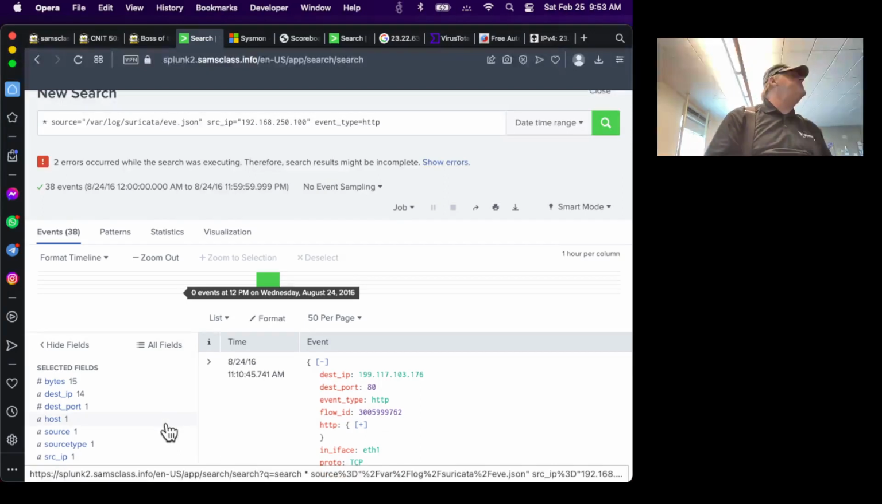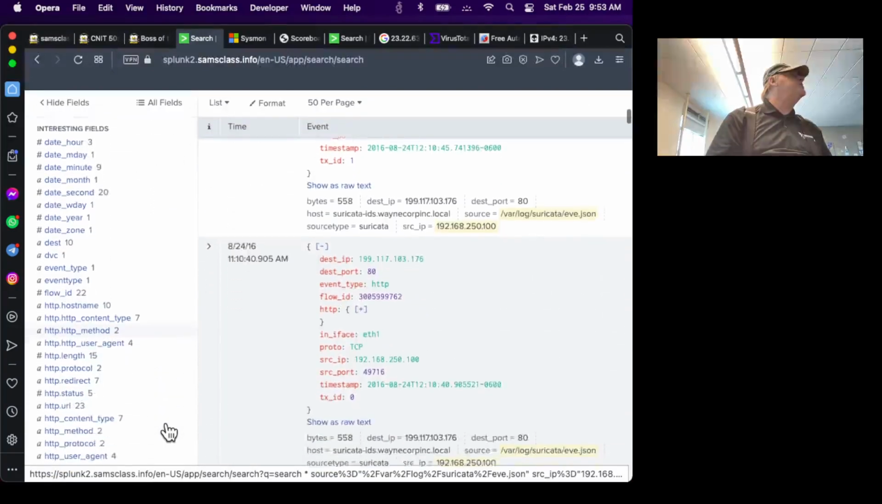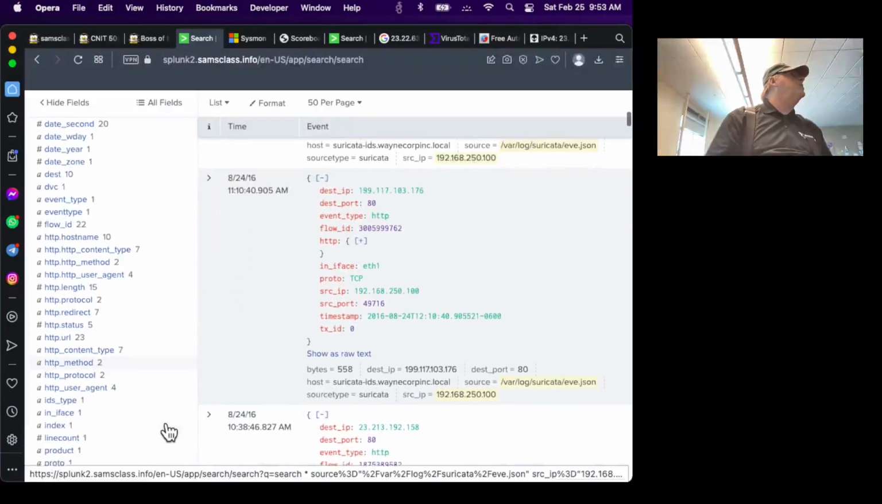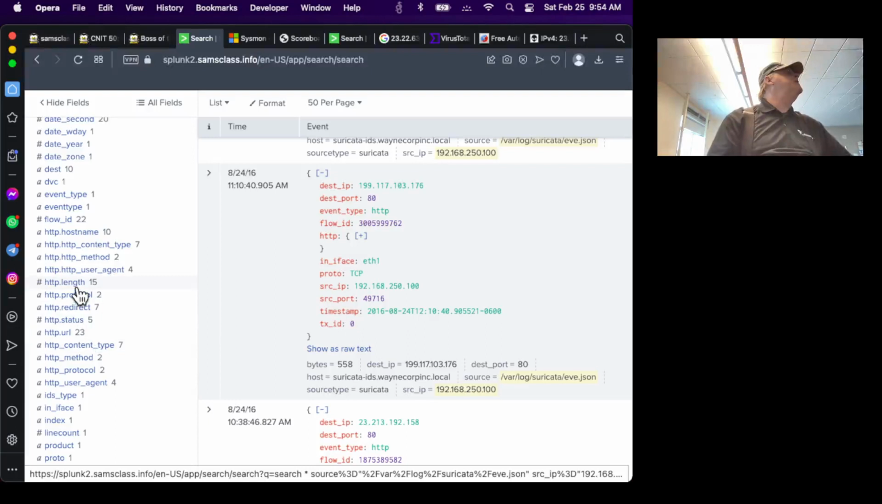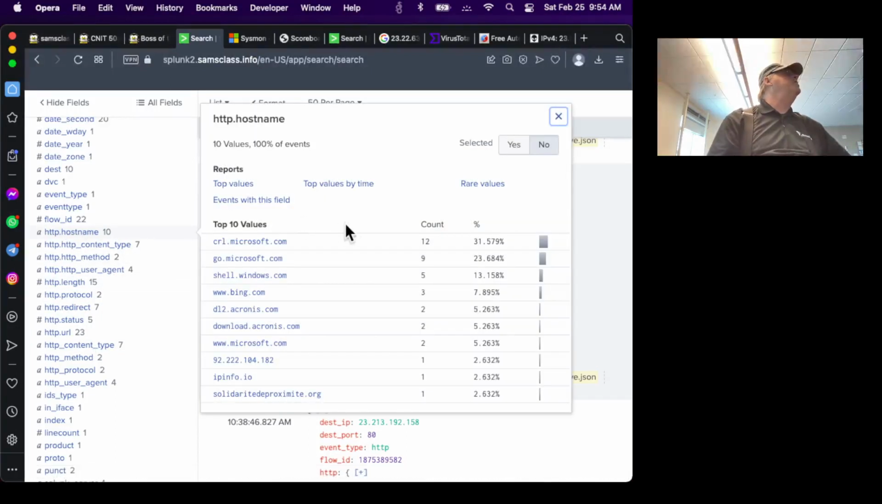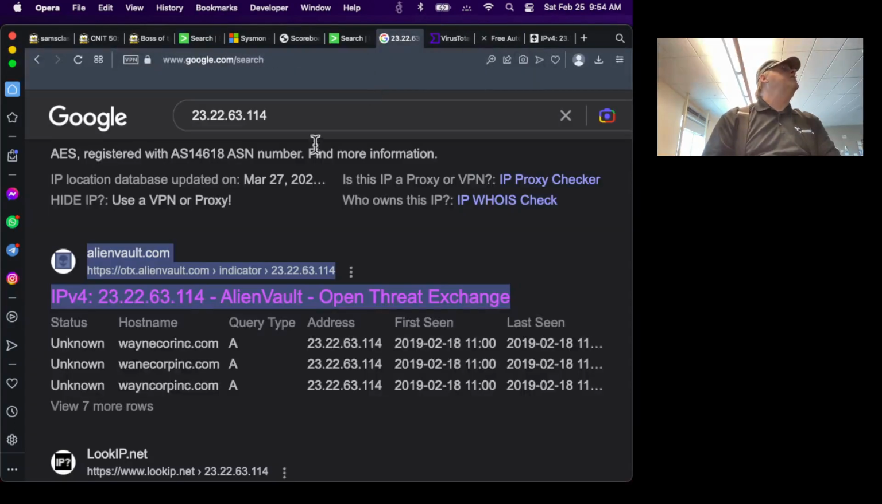And if you look at the host names visited, one of them is obviously malicious. So it might be called host name and it might be called HTTP host name. Here it is, HTTP host name. There you go. So Microsoft Bing, this is the one, solidarityproximity.org. That's a goofy one. And if you don't believe that's malicious, you can Google it, and it's a known malicious domain. If you just go to Google and Google that domain name,